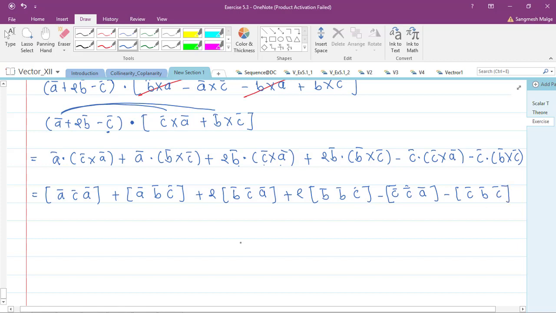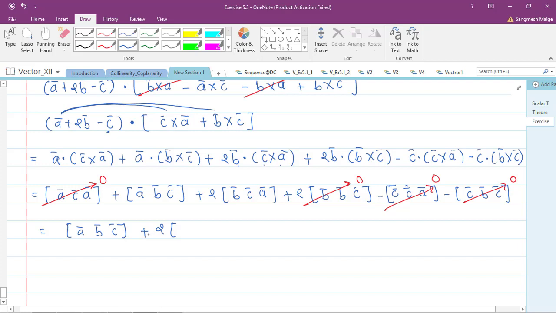Okay, so always remember, if any two rows or columns are same, then we can directly cancel out, because that is equals to 0. ABC all are different, BB 0, AA CC same is 0 and CC same is also 0. So what is remaining? Let's write down. So this is a bar, b bar and c bar is remaining, plus see here, this can be written as, so the property of the scalar triple product is what? If you do a cyclic change in the vectors a b c, then we can get the same answer.